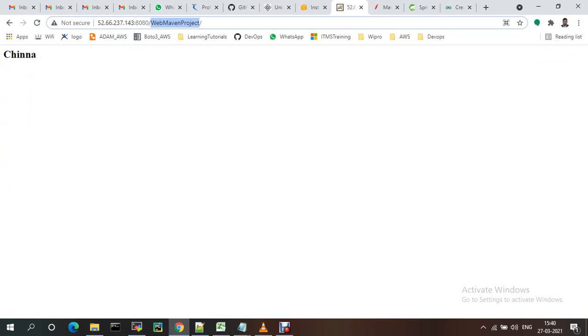Now the project name after the slash was web maven project, right? Now if you use that one, it will not work. You just need to provide chinna. See, it is showing the current one.